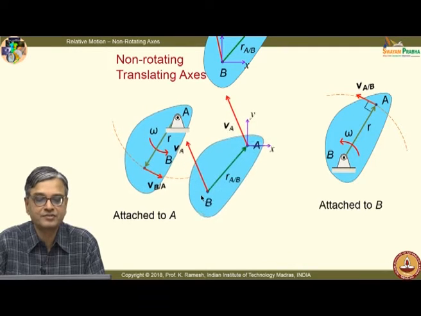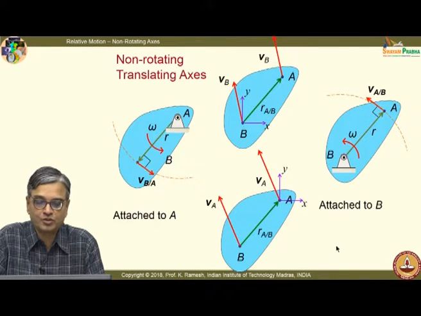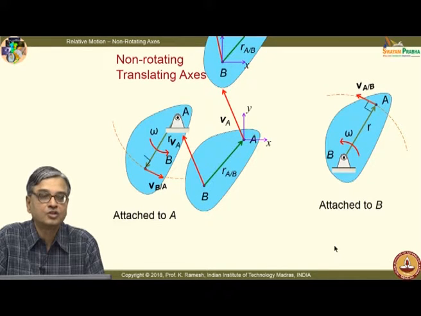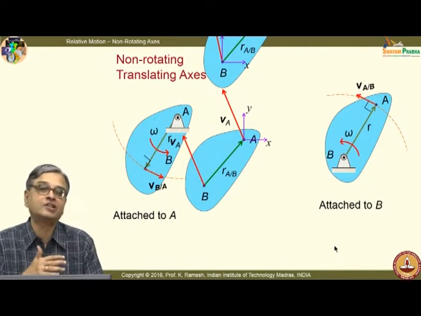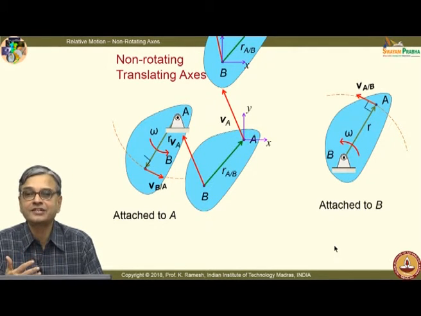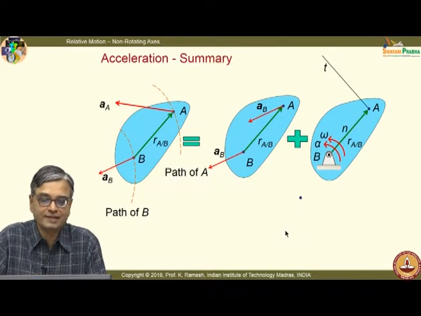So, you have this velocity is different and you have a rotation like this, and which is what is shown simultaneously here. So, you get a clarity of what is happening. So, you can think of a general plane motion as a combination of translation and rotation. We have looked at the velocity, now we look at acceleration.